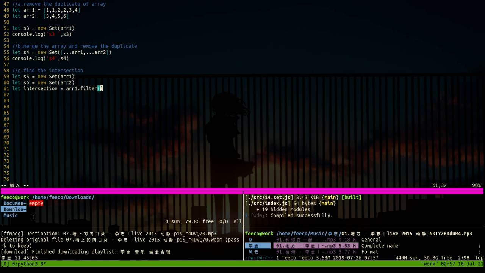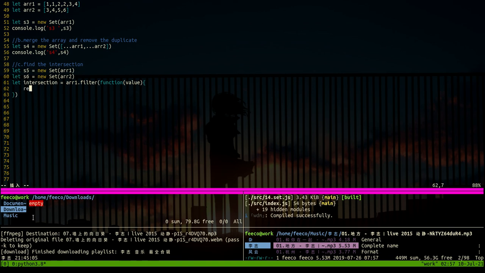Filter has a function that loops through the array1, and you can set up a condition. The elements which pass the condition are returned into a new array. So the condition should be